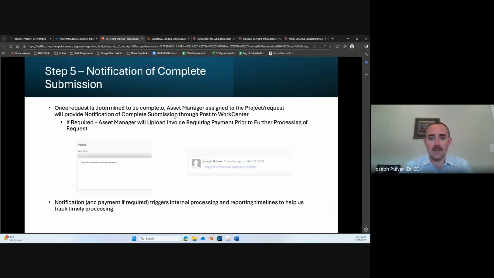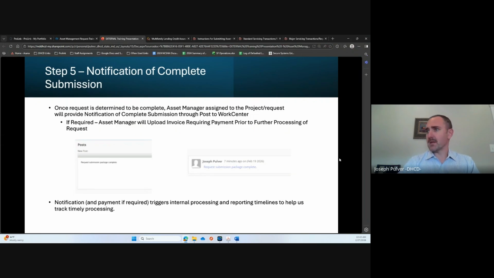But once that's done, now our asset manager who's reviewing it may have some follow-up questions, and they will notify and provide a task in there if it comes up. They may dig into it and realize, oh, it looked like a complete invoice, but actually this invoice number doesn't match this. That's the kind of detailed analysis that we'll do once we have what looks to be a complete package. We just want to make sure we've got a full package before we start doing that and getting caught in a cycle of going back and forth before we even have a complete package.